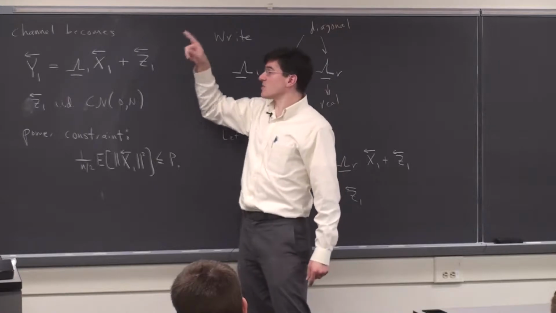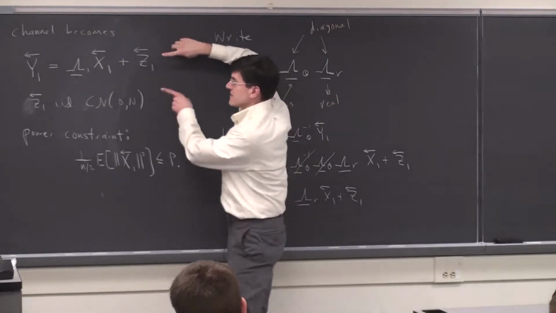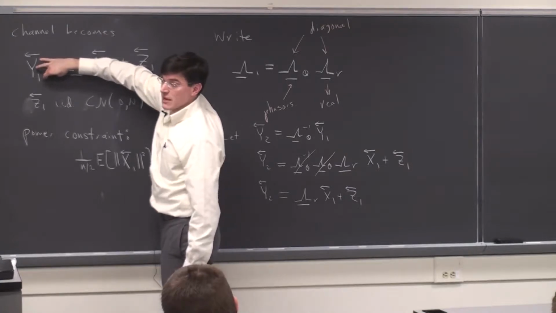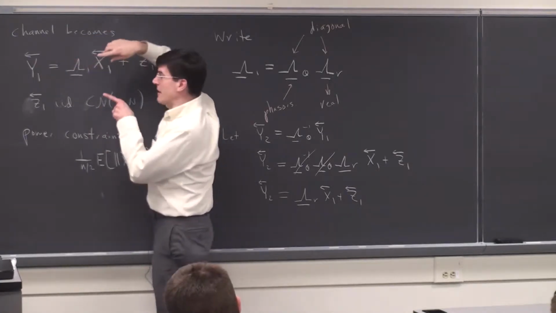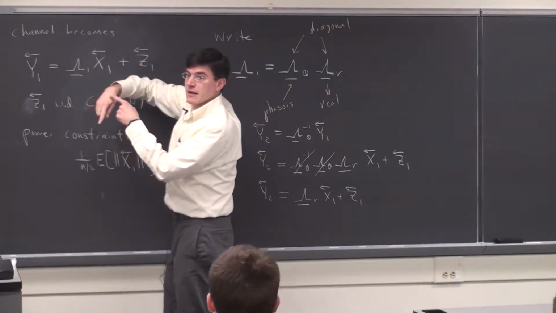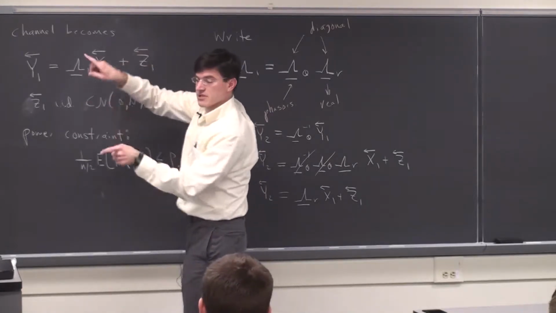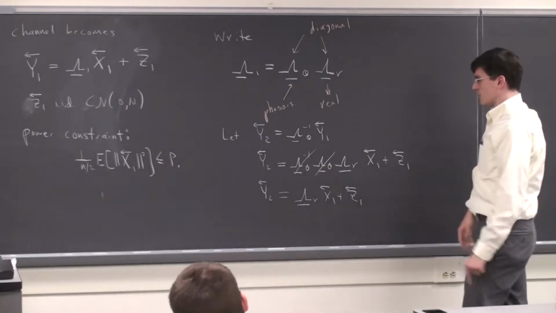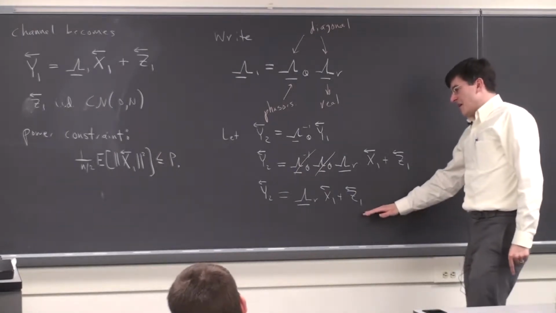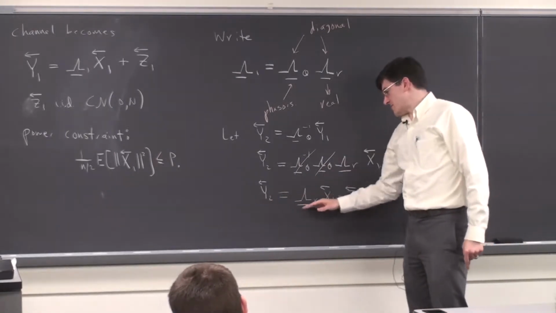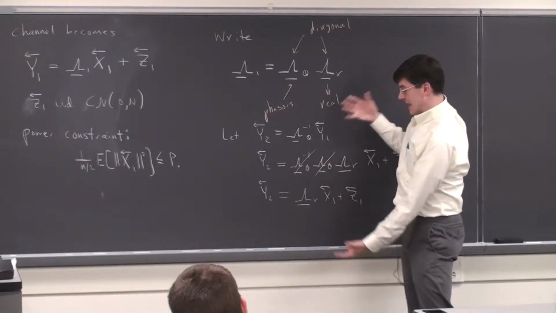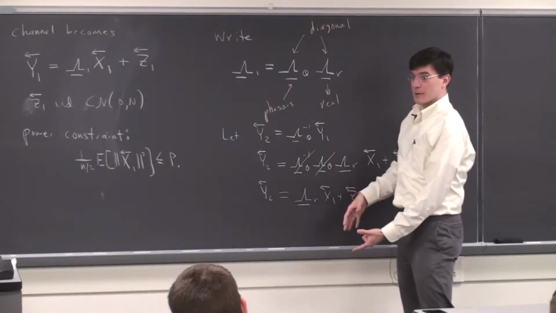So now not only do I have no ISI between different samples, like the Y1 0 sample and Y1 1 sample, but for each sample, the real and imaginary part don't interact, because there's no phase shift in the channel to switch imaginary to real and real to imaginary. They just pass through. So once you get to here, just separate out the real part and the imaginary part of each one of these samples. You'll get a channel with twice as many samples as you had before, but now they're purely real.